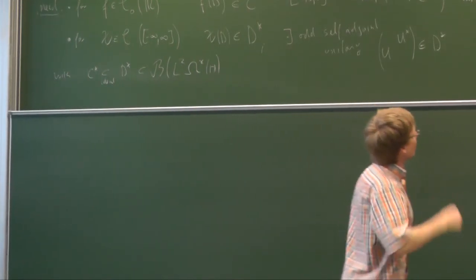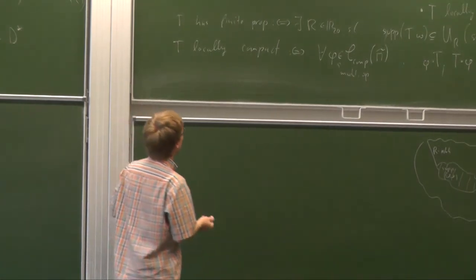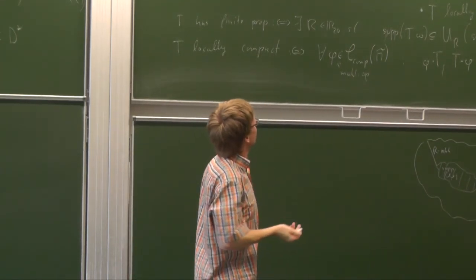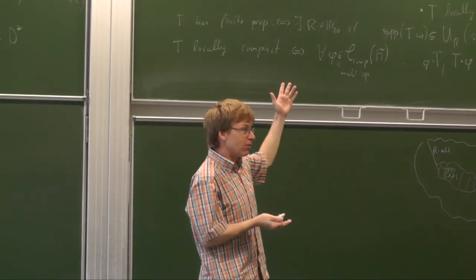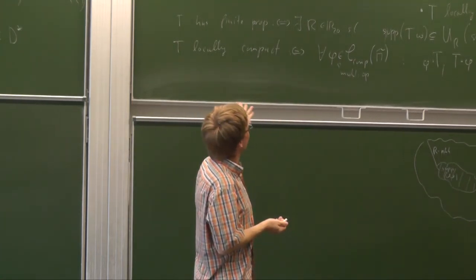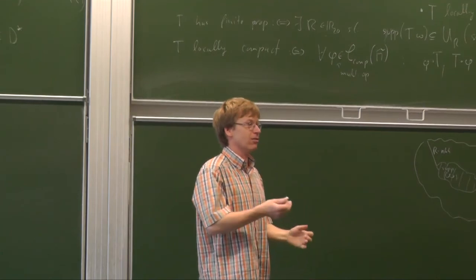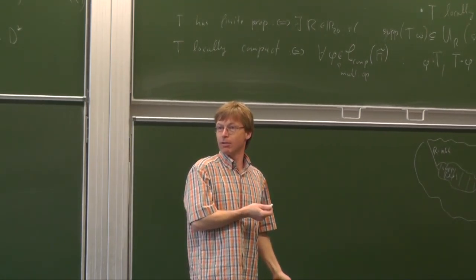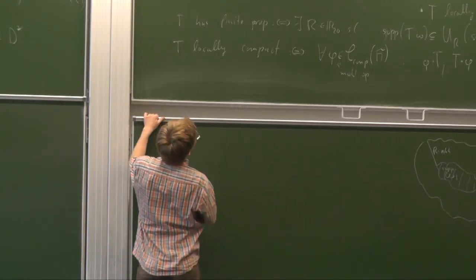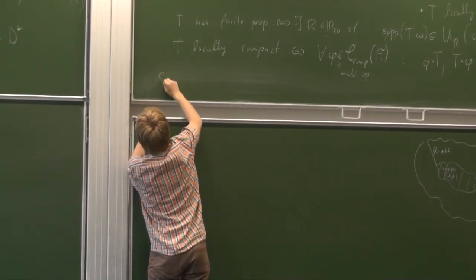But let me also define the partner, the D star, just to complete the picture. You can't take D star to be all of the bounded operators, because we have the condition that the smaller one is an ideal in the bigger one, and if you try to work out whether this is an ideal, you will fail. The finite propagation property is destroyed if you compose with an arbitrary operator. Okay. So D star, which is the structure algebra,